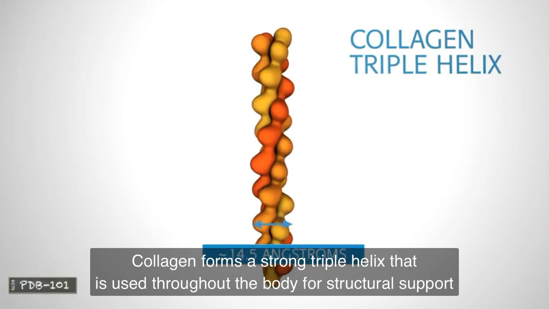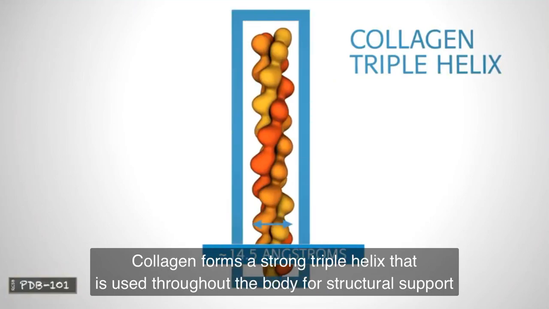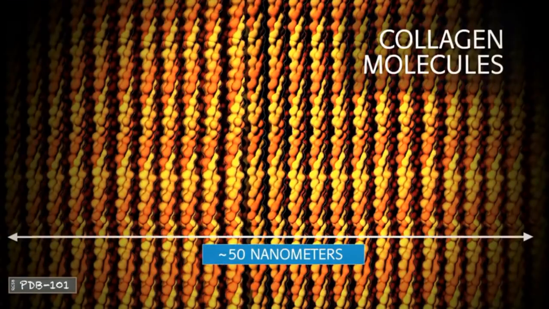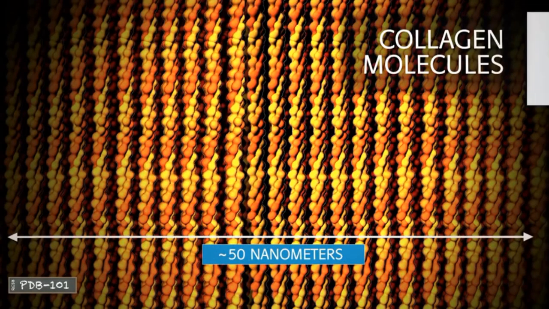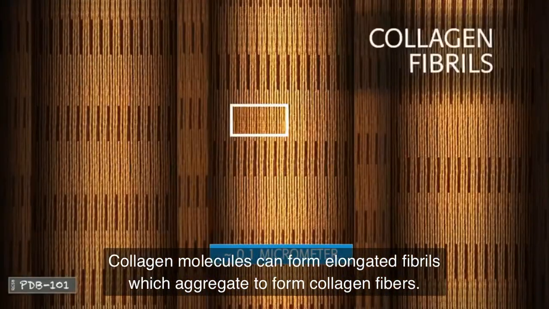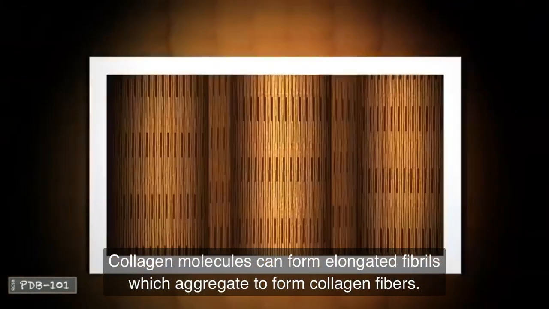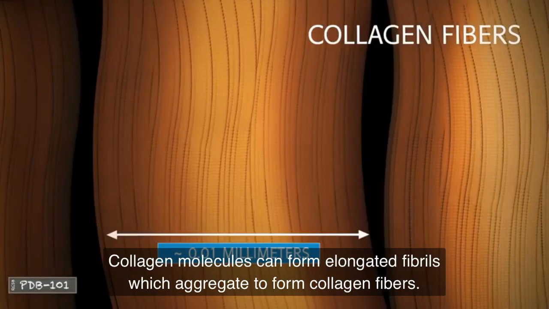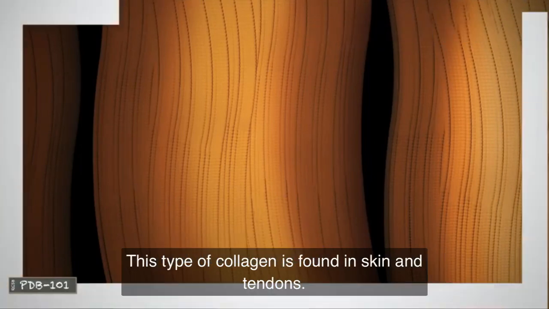Collagen forms a strong triple helix that is used throughout the body for structural support. Collagen molecules can form elongated fibrils, which aggregate to form collagen fibers. This type of collagen is abundant in skin